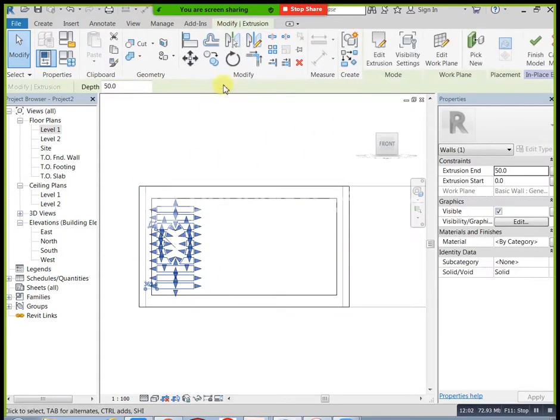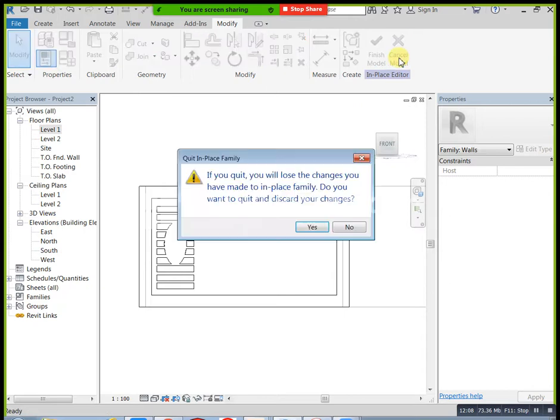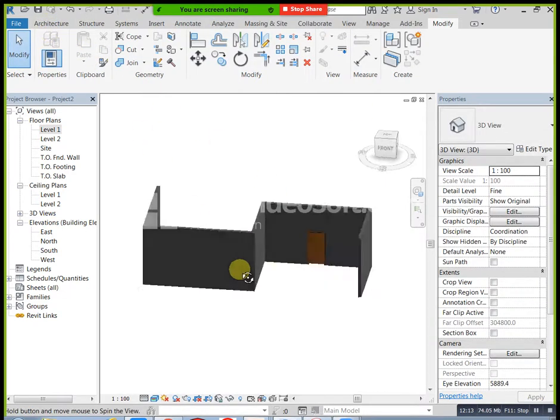We need to change our work plane also here. Yes. Sorry.